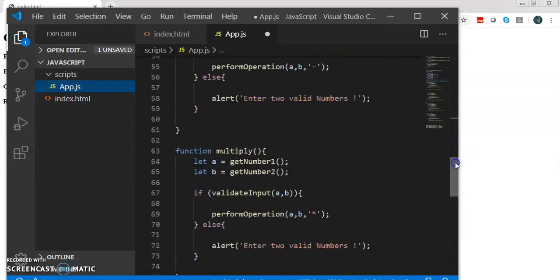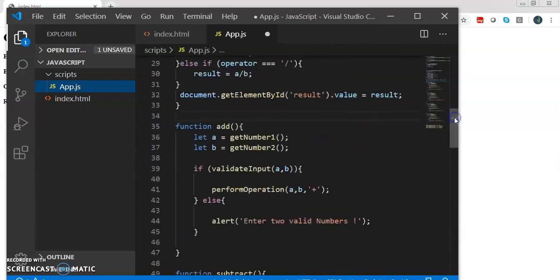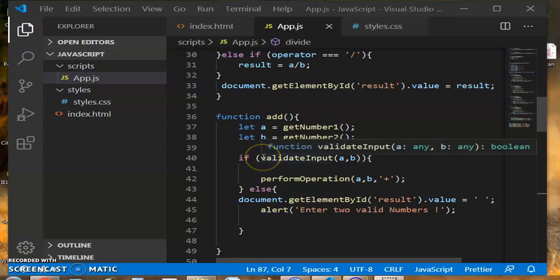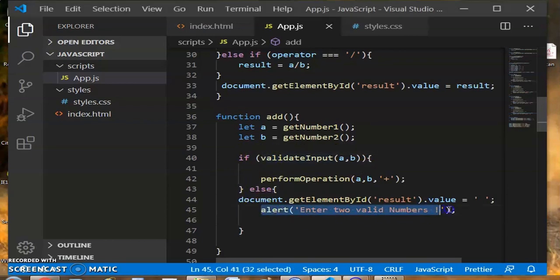So whenever the add operator is clicked, this function will be executed and this function gets the numbers first, and if the validate input function returns true, then we call the perform operation by setting parameters as the two input values and the operator which is pressed on the app. In case if the validate input method returns false, then we throw the error message to the user.